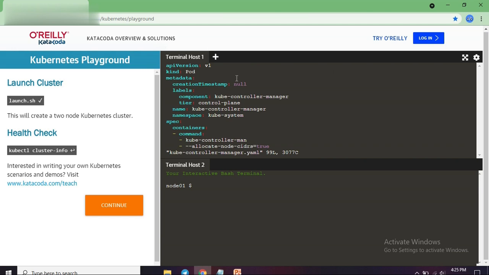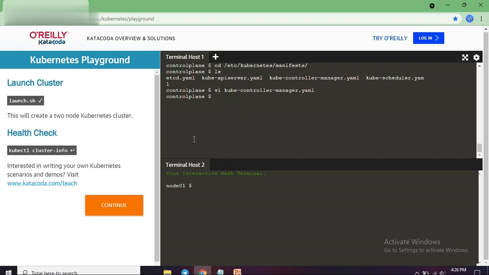Now check for the error. The apiVersion is v1, kind is Pod. We were looking for the kube-controller-man word which is not executable. If you look under command, you can see kube-controller-man. This is the word which is restricting us from creating a deployment. Even if you don't spot that exact word, you can search for it using /kube-controller-man, and yes, you will be redirected to that specific word. So the correct word is kube-controller-manager. We will have to change it and just exit.